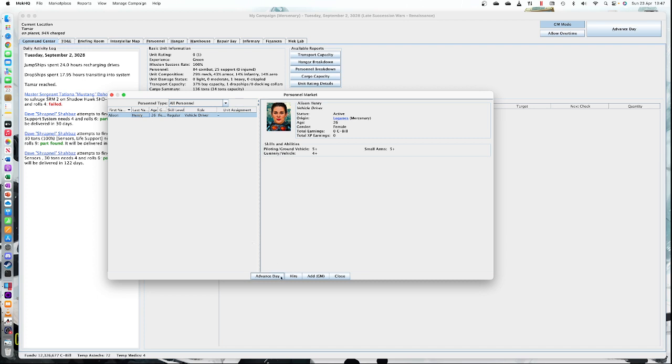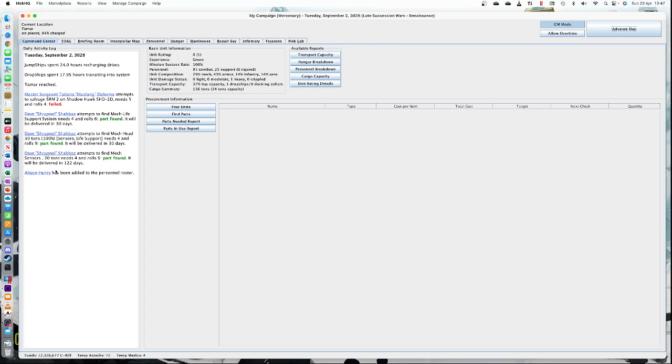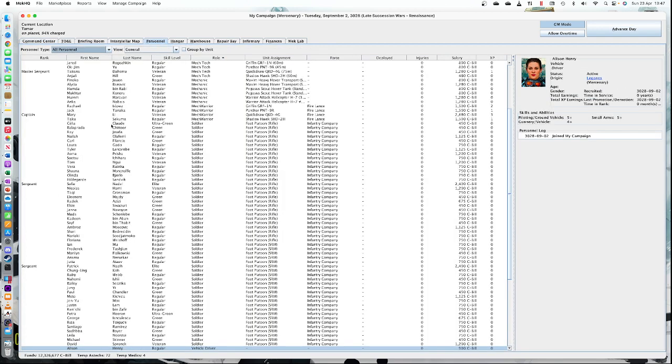And I can either hire her straight away, I could add her as a GM, or I could advance the day here. The reason there's an advance day here is so you could advance day till the next time in which people become available. So I'm going to just click hire, and we've hired her. So she's been added. What's great about this is I can just click on this and it'll take me straight to her in the view,